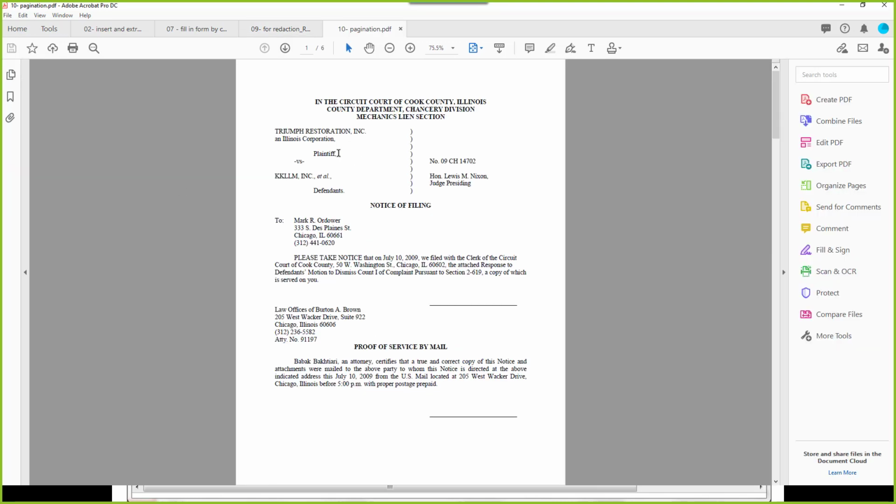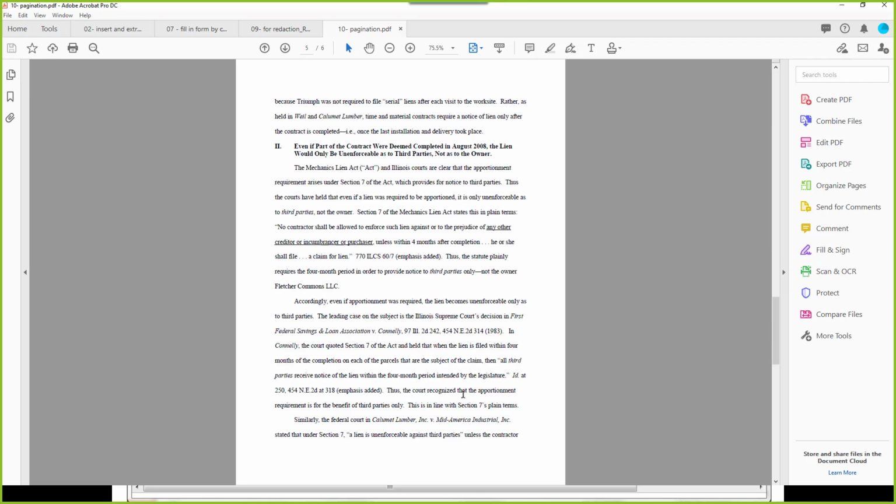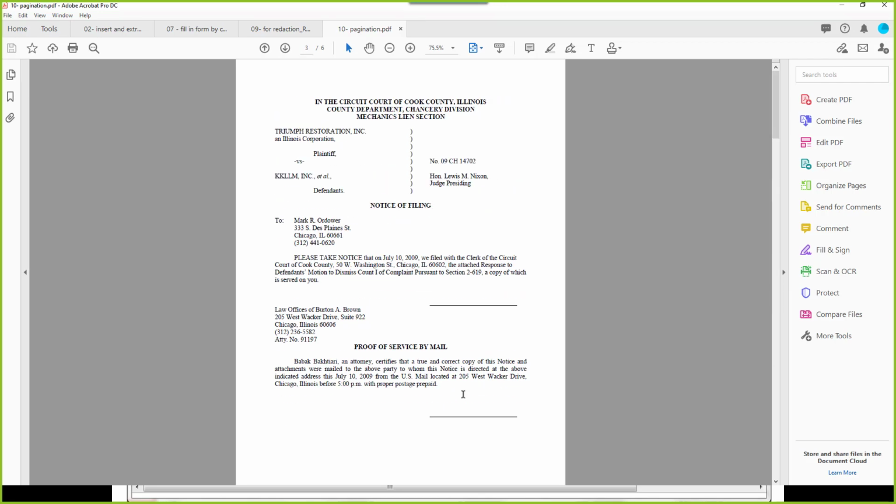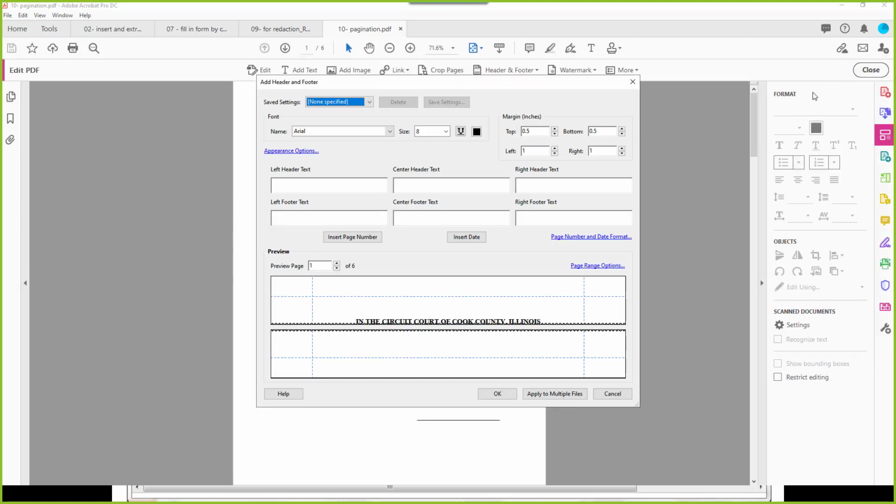So when we go into a document and it does not have pagination and you want to add pagination to it, I'm just going to type headers. You'll note that one of my options was also remove existing headers and footers, which is very useful. It won't remove headers and footers that were already on the document created in another product, but if there were some that you already added through Acrobat, you can remove them. So we have all sorts of options,